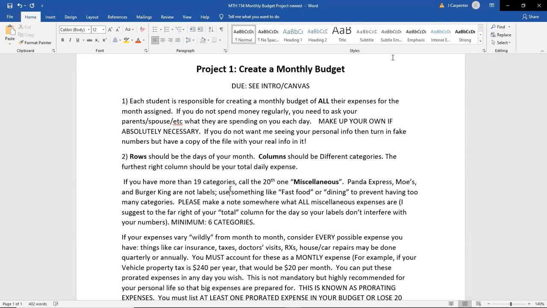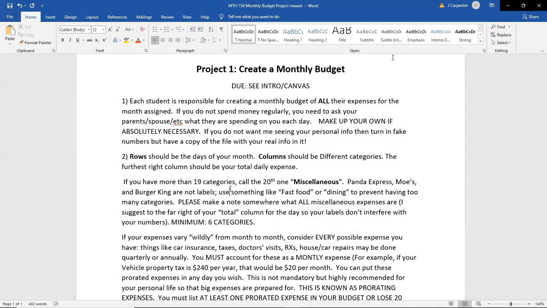All right, so if you end up with more than 19 categories, I don't need you to go into 20, 30, 40 different categories because then your Excel spreadsheet is going to get really, really wide. So just call the last one, the 20th one, miscellaneous, and then lump everything else into that. And again, I don't necessarily care how you're dividing this out. I don't care if the food category is before the rent category or vice versa. It's just if you end up needing more than 19 categories, call the 20th one miscellaneous, and then just lump